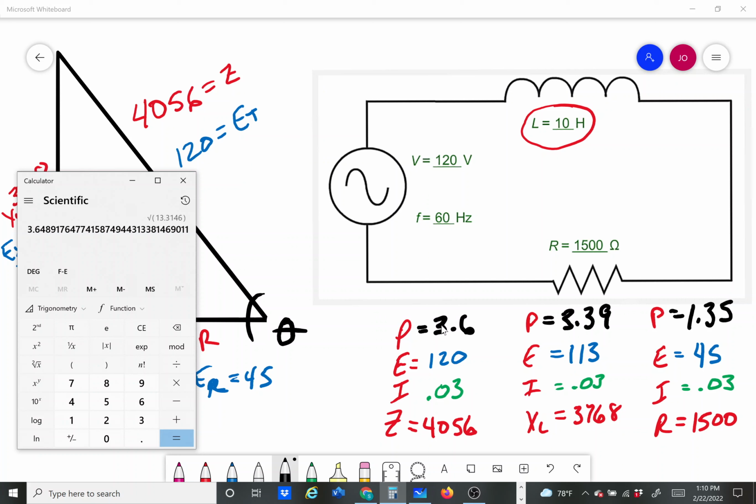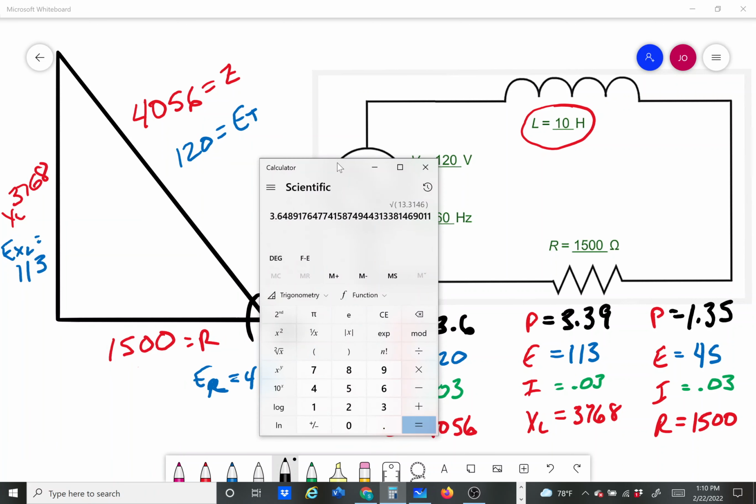So now the only other thing that I really need to figure out is what is my phase angle and what is my power factor. I'm a firm believer in trying to find the power factor first, because then you can just inverse cosine to get your phase angle. So if we remember from like 24 seconds ago, when we did our other problem, we remember that that is, in fact,